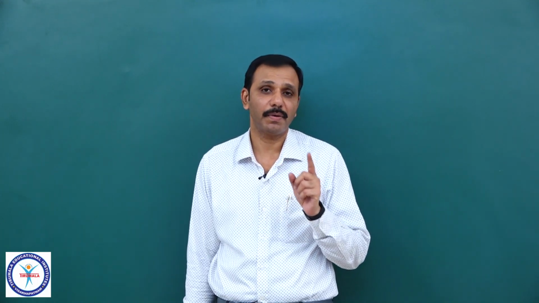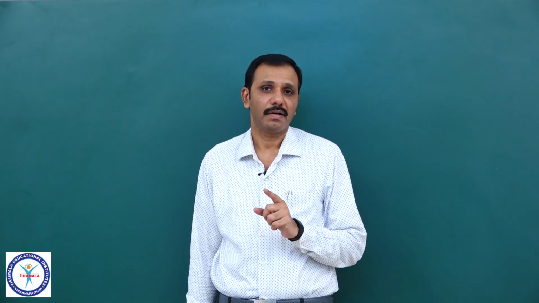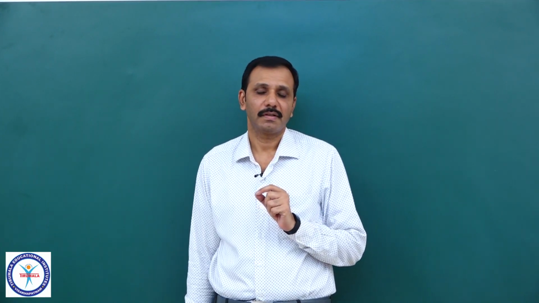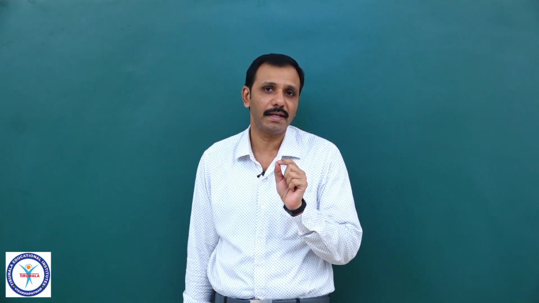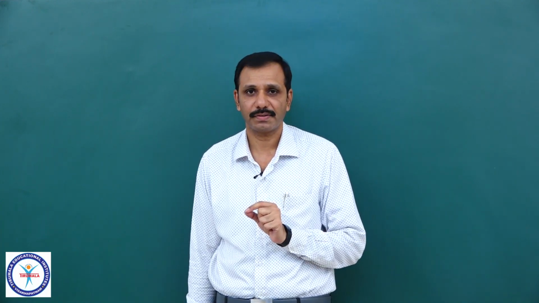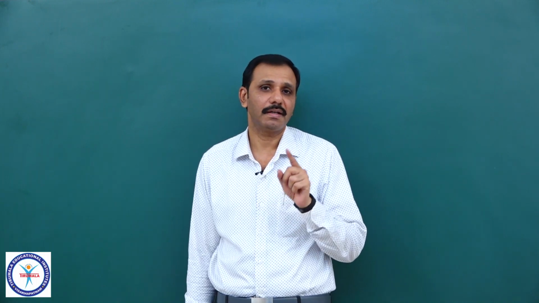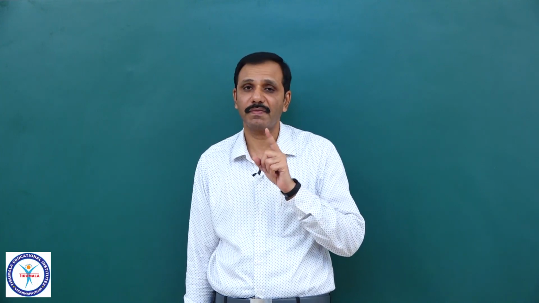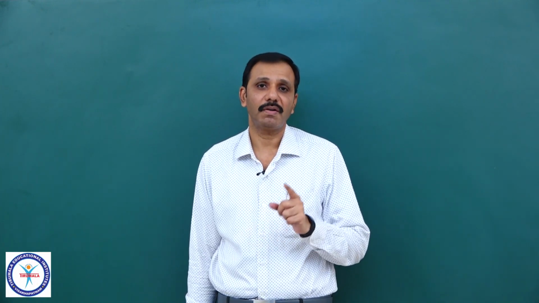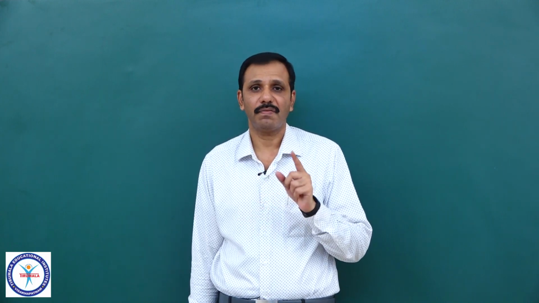Hi students, in the previous lecture we have seen the sign of a polynomial of degree 2. That is, when f of x contains only two linear non-repeated factors, we have seen how to find the sign of that expression, that is, for what values of x it is positive, for what values of x it is negative, and for what values of x it is equal to 0, we discussed.